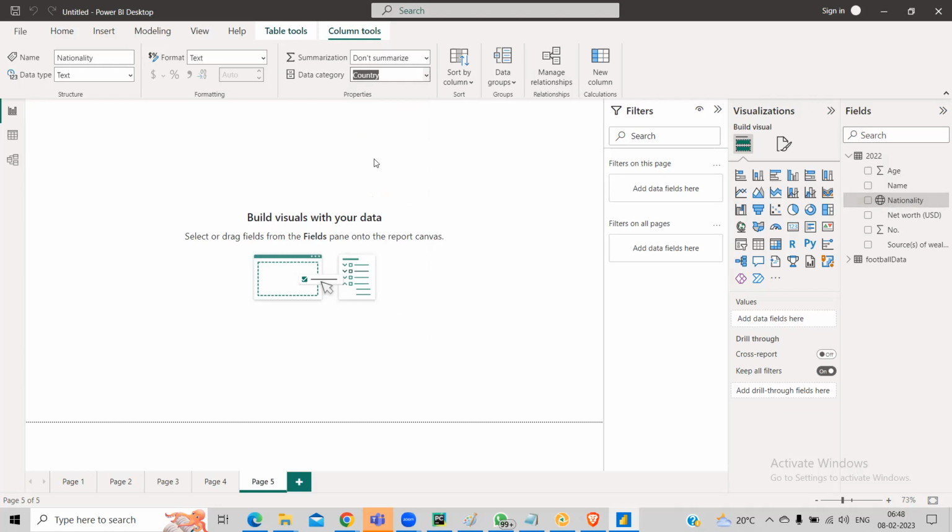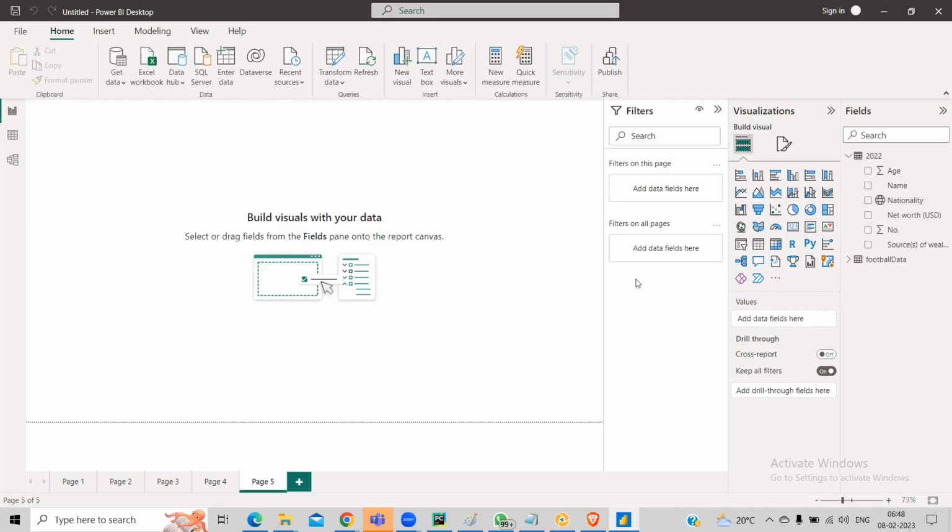So you can change the base category. Base category will have URLs as well as the map field. If you have columns of those fields only, the map will be created. Otherwise, the map will not be created. So I'm saying that nationality is equivalent to country. Now if I go and see the map,